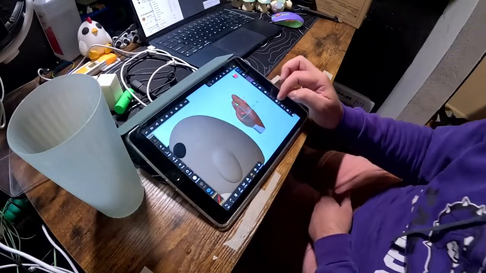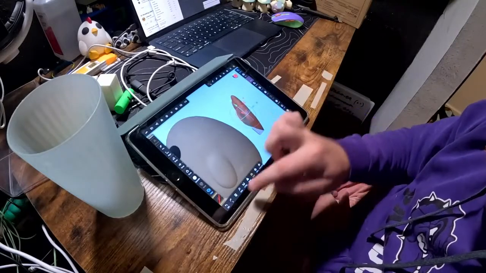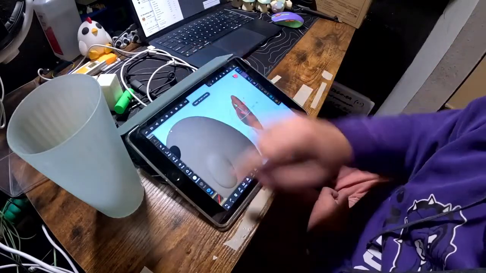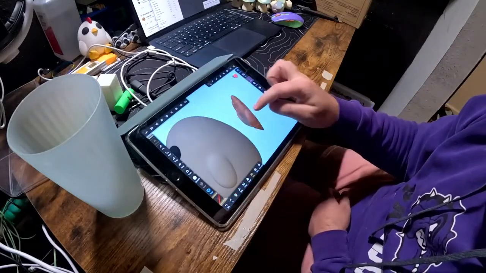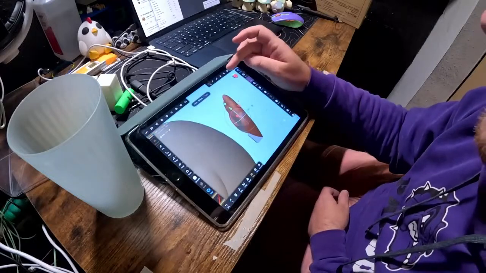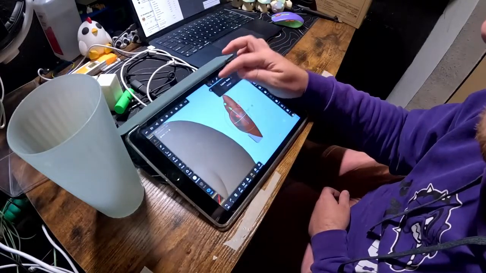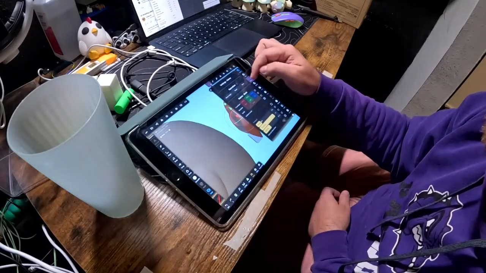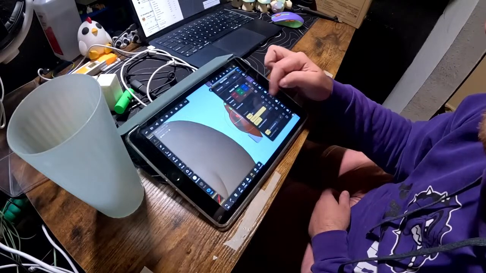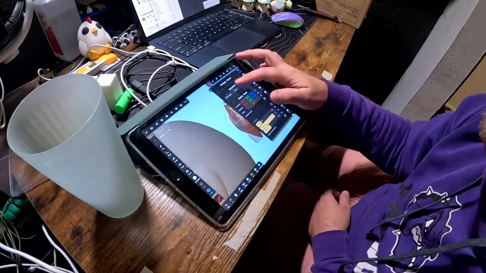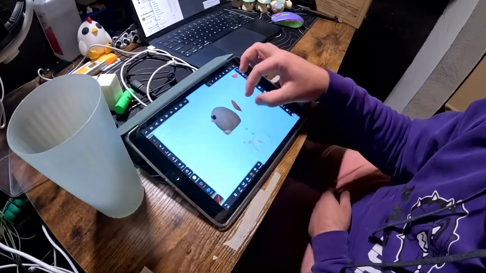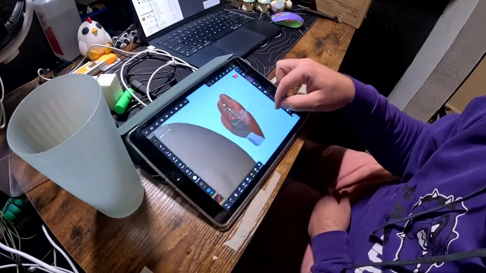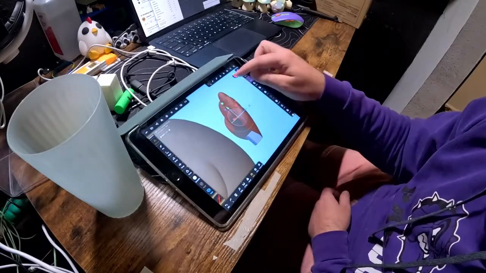Eek. Let's see. How do I make it relative to the... I want to just reset it. And why am I so confused right now?